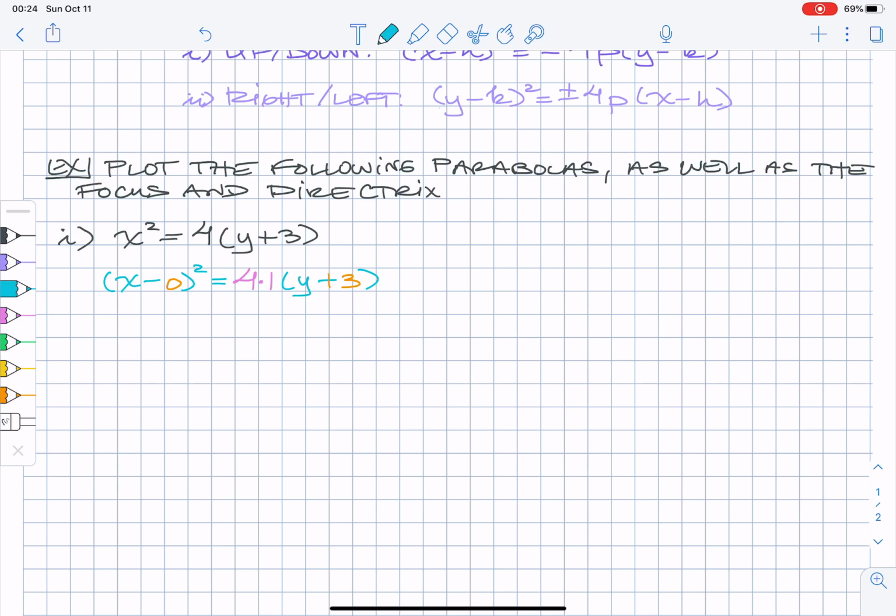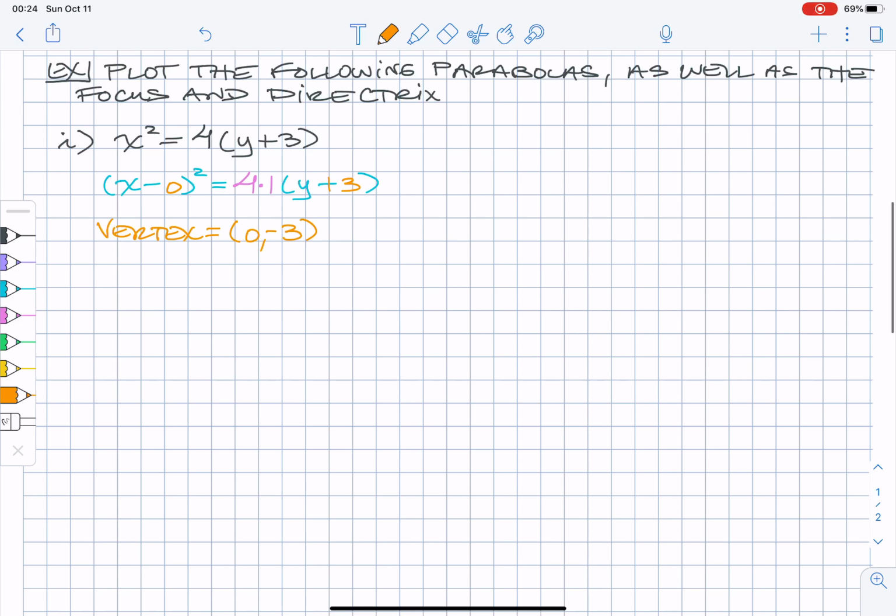So I claim my vertex is going to be at (0, negative 3). And I know that 4p,